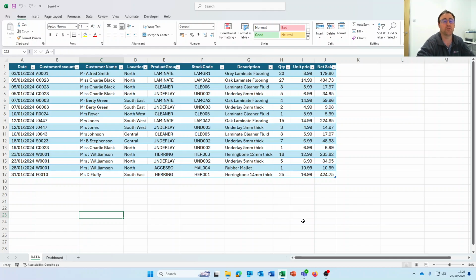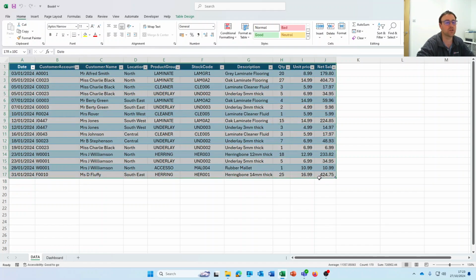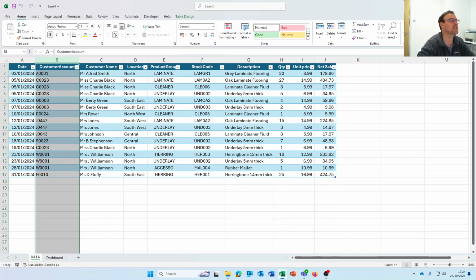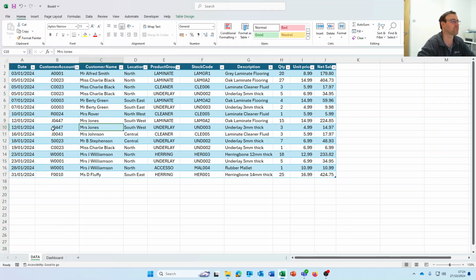So first of all, for any good report, we always need data. This is data that I've just manually typed in, and I've made it into a table by selecting it like so, and then hitting Control and T. Now, what is the data? Well, the data is basically January 2024 sales of